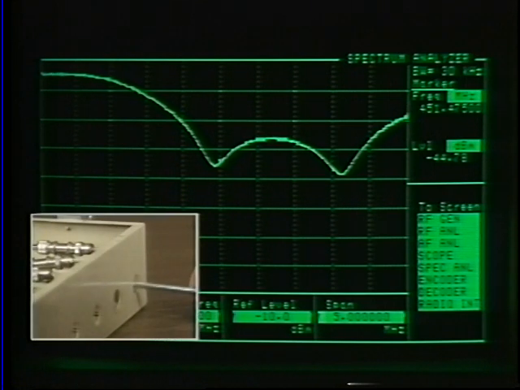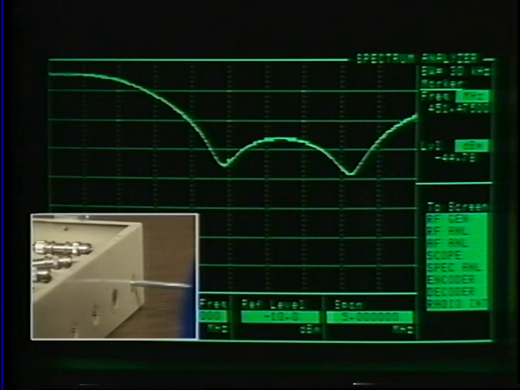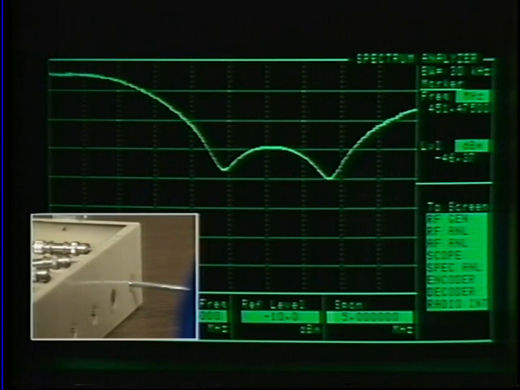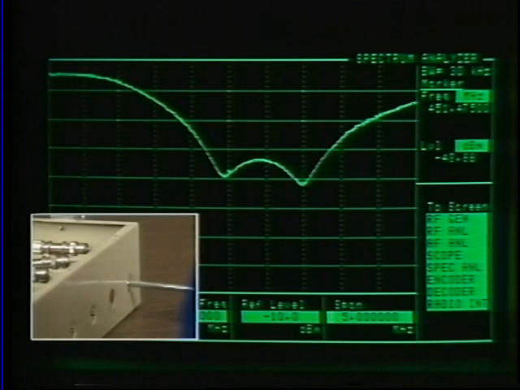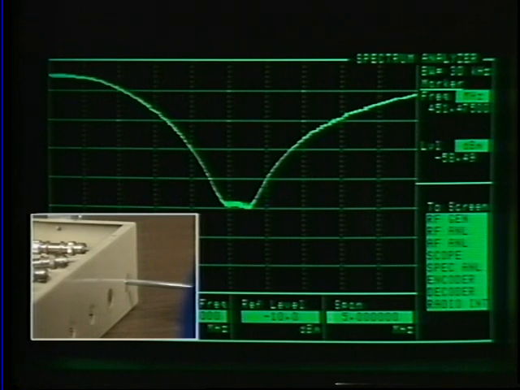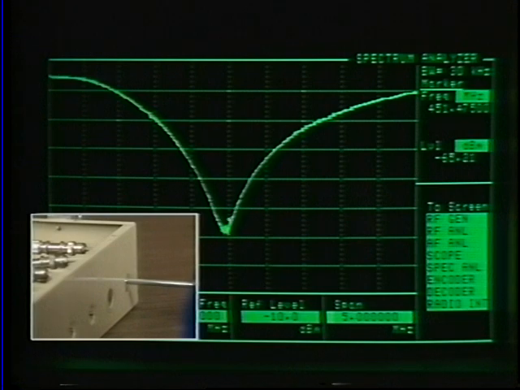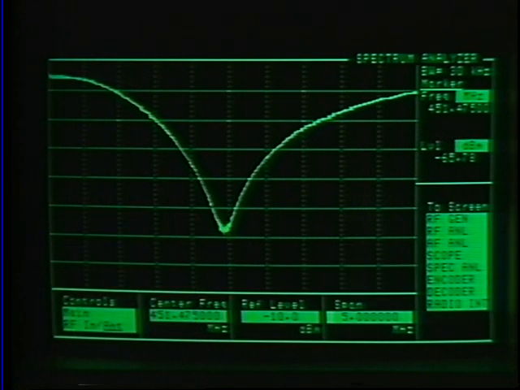We can take a screwdriver and tune the cavity of the duplexer to maximize the notch response at the center frequency that we want. So by slowly tuning the cavity, I can use the on-screen response to tune the notch to maximum depth at the frequency of interest. Right about there. It's that simple to use the 8920 tracking generator and spectrum analyzer to align filters and tune